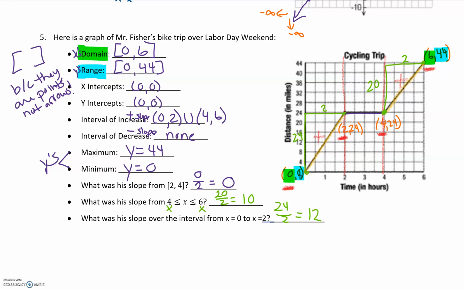Remember, max and min are y values, so y equals 44 and y equals 0, and then your slope is 0, 10,